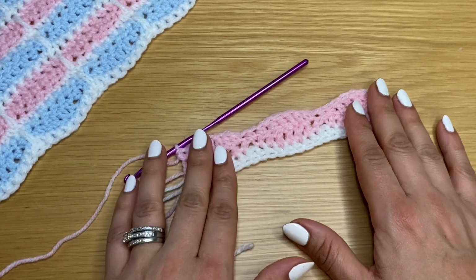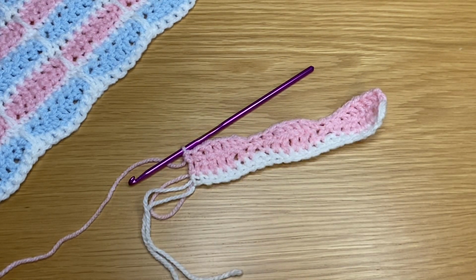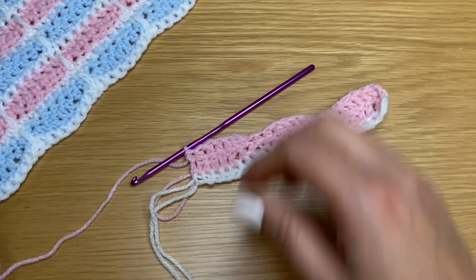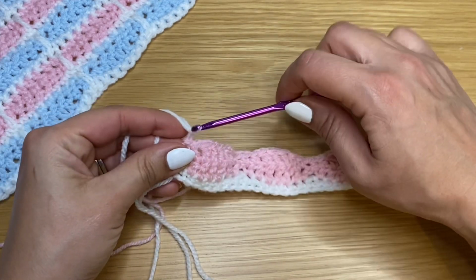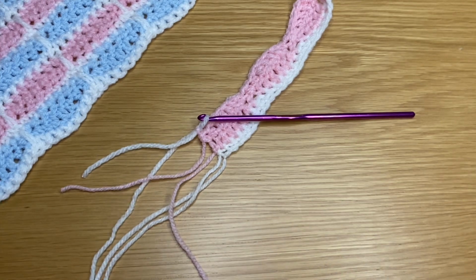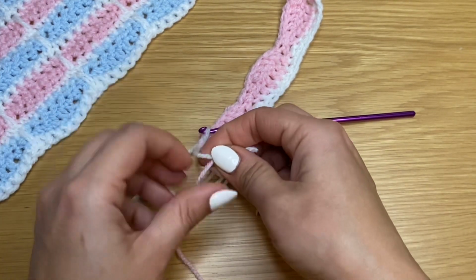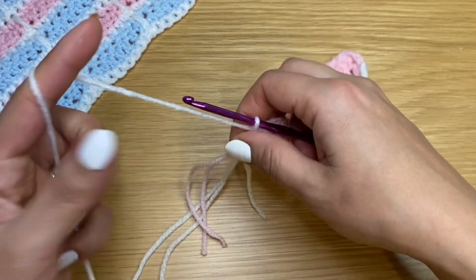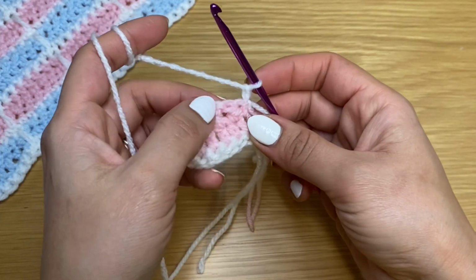Now we are going to get the perfect finish up top by changing the color one more time. We're going back to the color from row 1. So I've got my white color. I am going to grab hold of this yarn, pull this through the loop. Let's go ahead and snip our pink yarn and give these 2 bits a little knot in place. Now from here we're going to chain 1, turn our work around, and we're going to work on top of